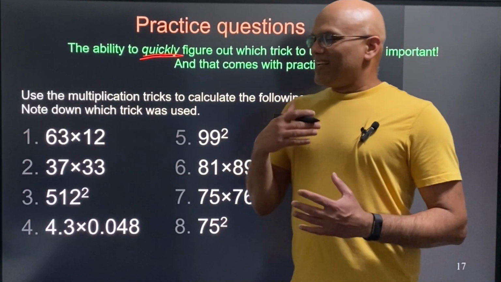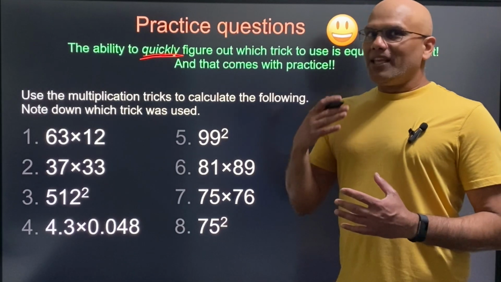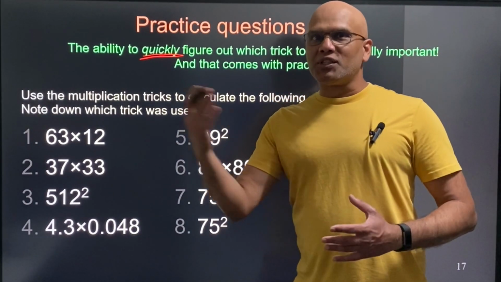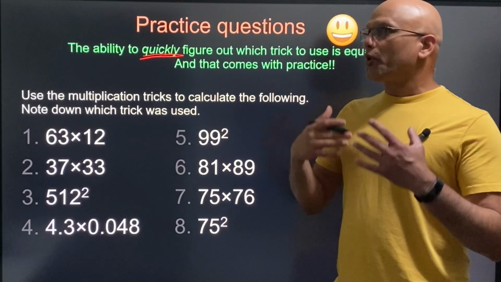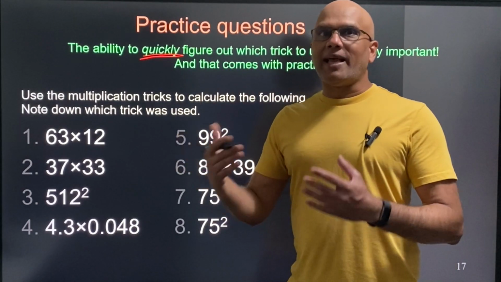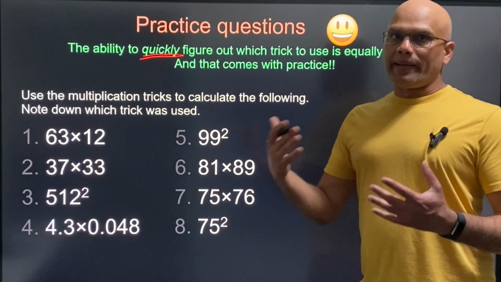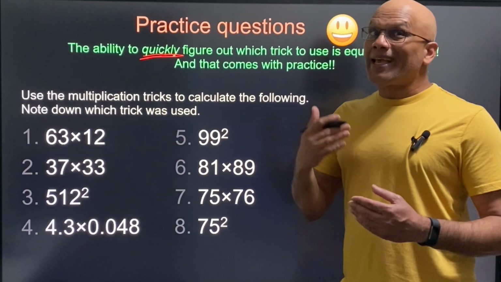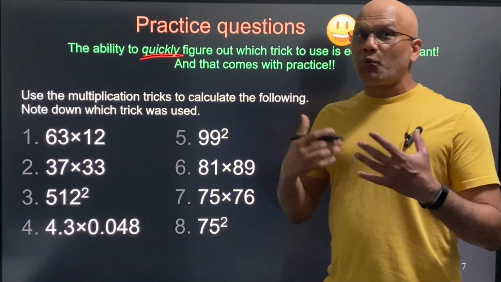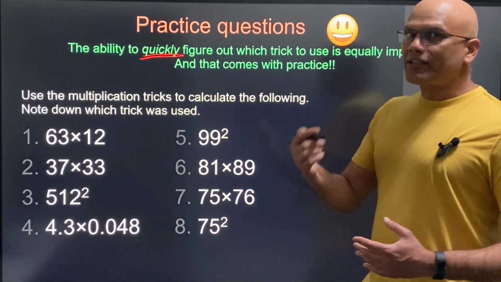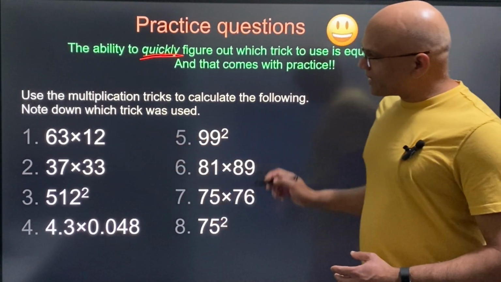All right. In real life, though, nobody is going to give you two numbers and say, hey, multiply these two numbers using this trick, right? So you will solve problems, and while solving a problem, you will encounter multiplications and different mathematical operations, and it is up to you to figure out quickly if you can apply a trick and what trick, right? And that comes with practice. So for you to practice, I have given you some